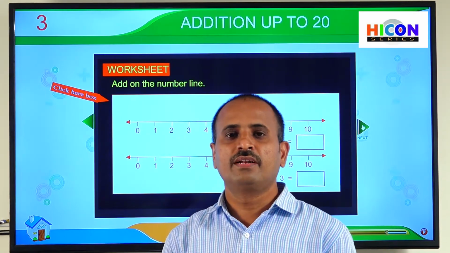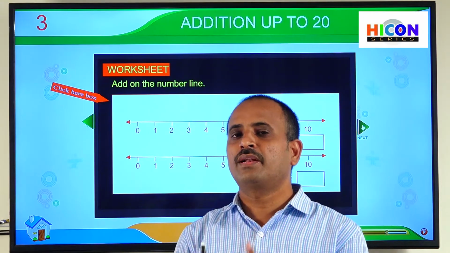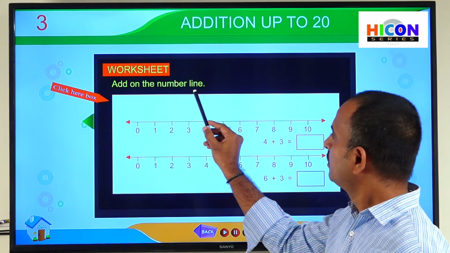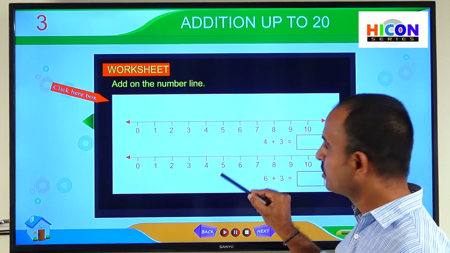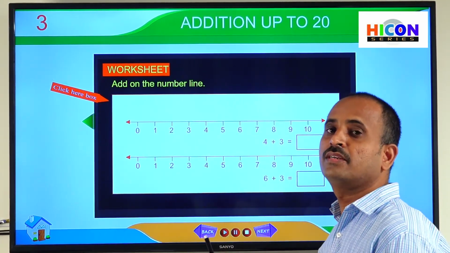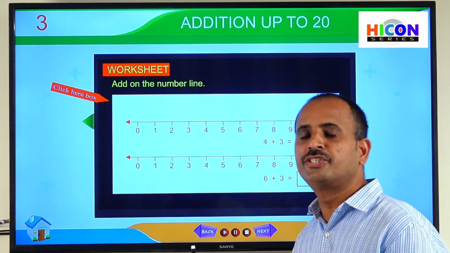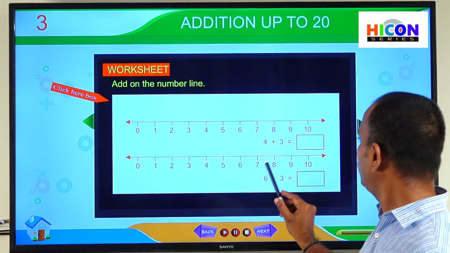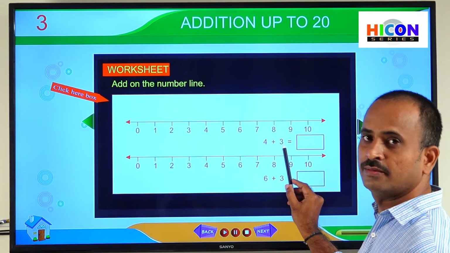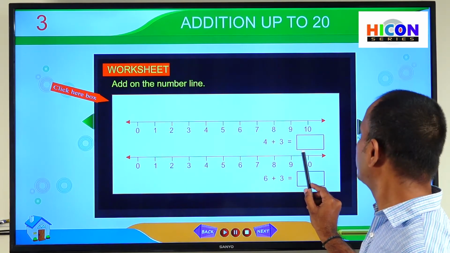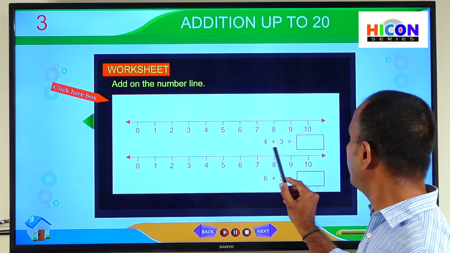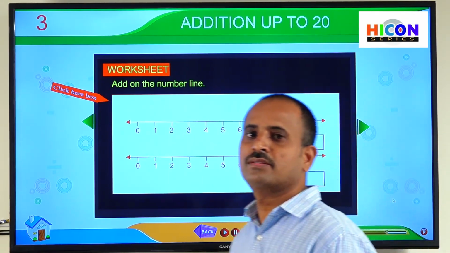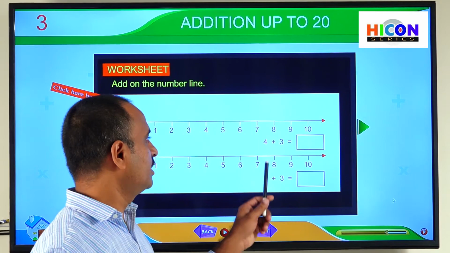So that is, we will revise some problems on number line in this worksheet. So add on the number line. So children, they have given 2 problems on number line. So already we have discussed in the chapter in the beginning how to do additions on the number line. So what is the addition here? In the first problem, 4 plus 3 becomes how much? The answer should be written in this box. So we have to add these 2 numbers on the number line and the sum is written in the box. So here, what is the first number here?